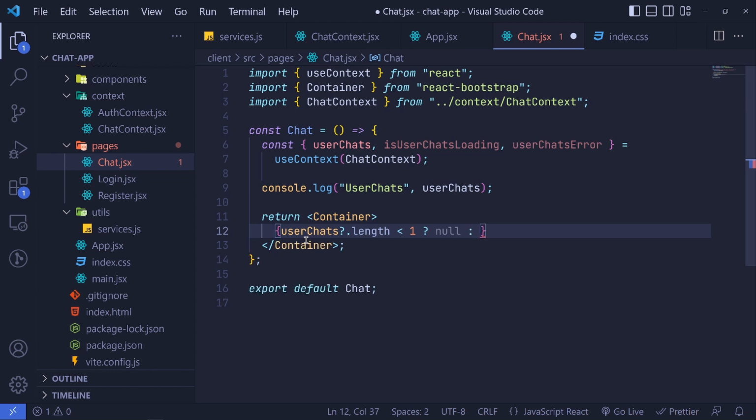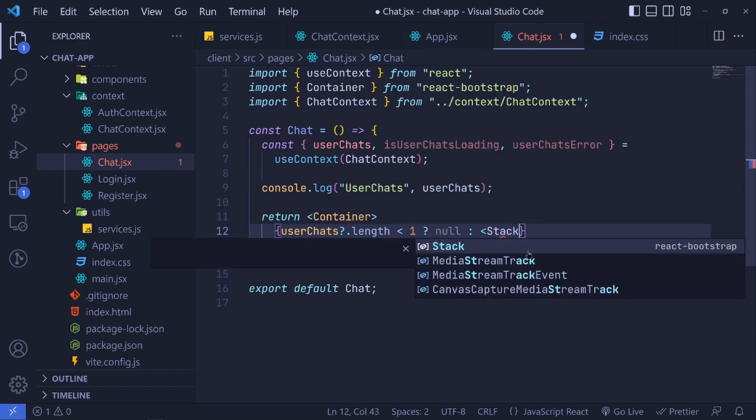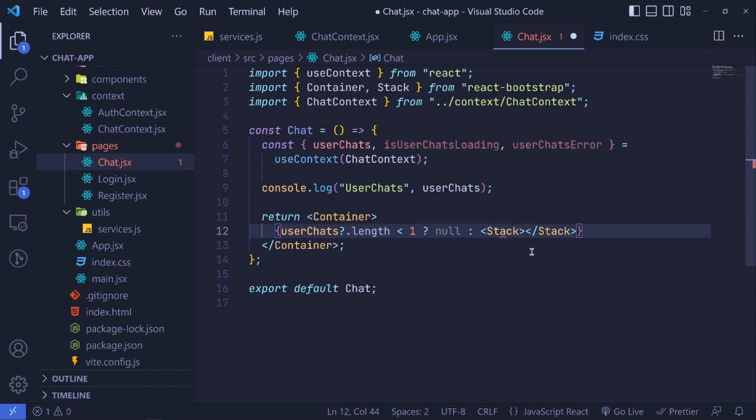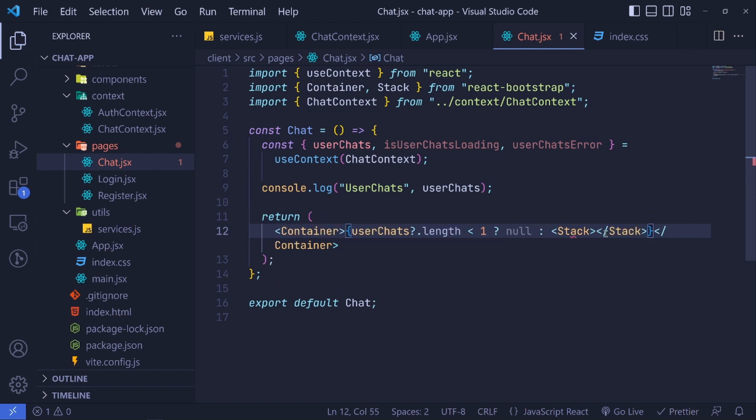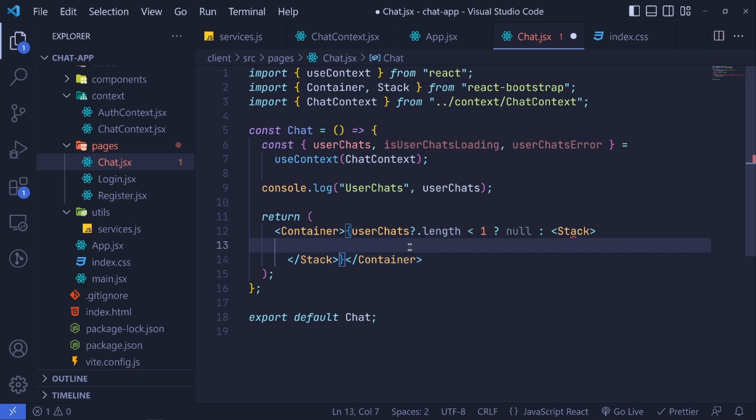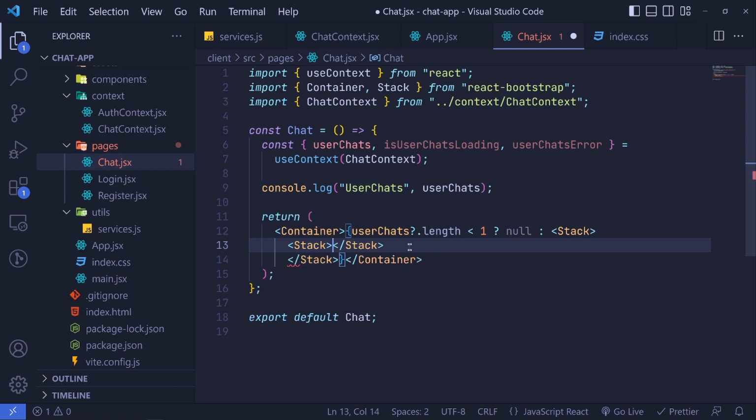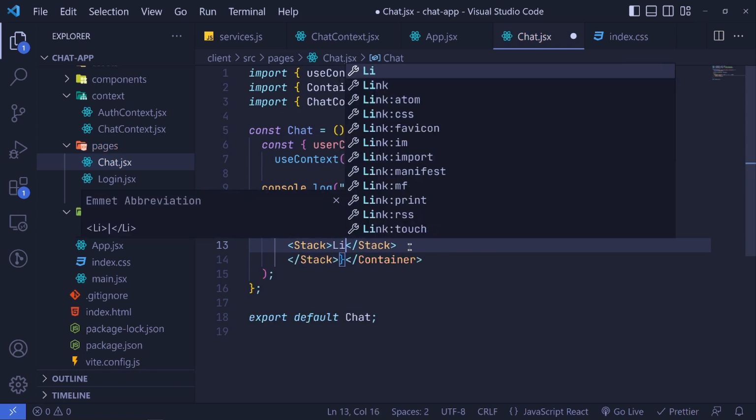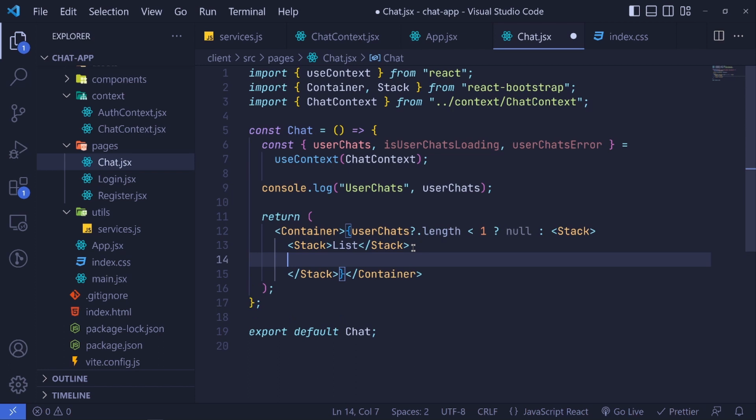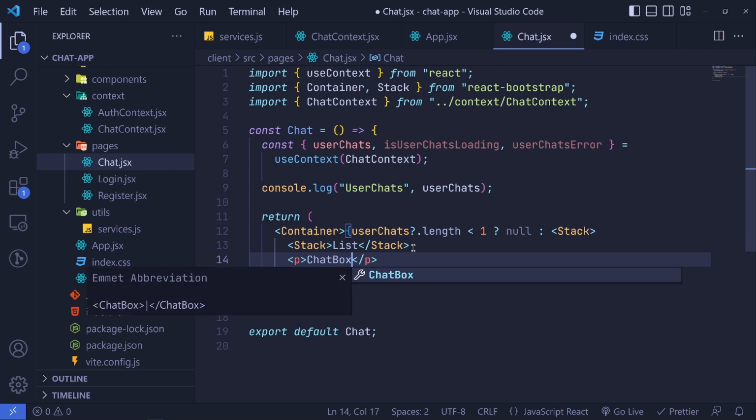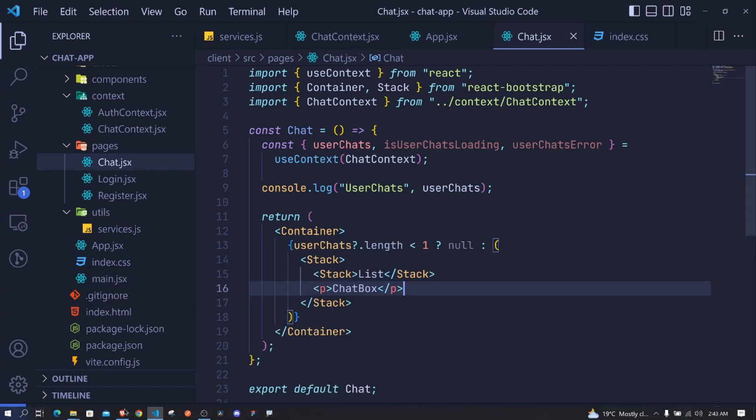Else we will display the stack component from React Bootstrap. So let's bring it in. Actually I'll save. Now inside this stack component, we'll be having two things. The first one, we'll be having another stack component here. These will be for our list of charts, and then right here I'll just use a p tag as a placeholder, and we'll be having our chart box. So if I save, you will see that we have them now